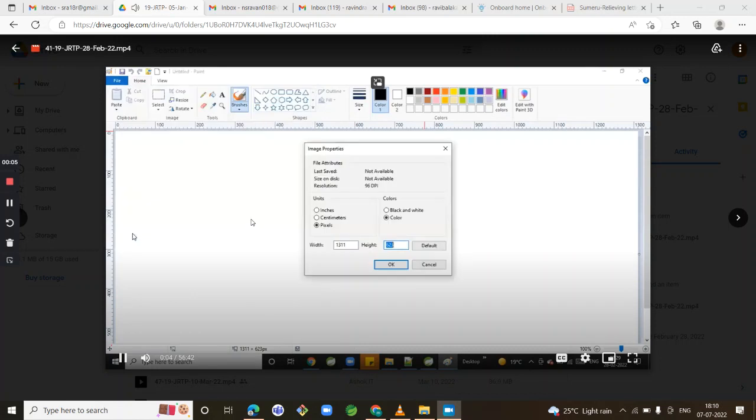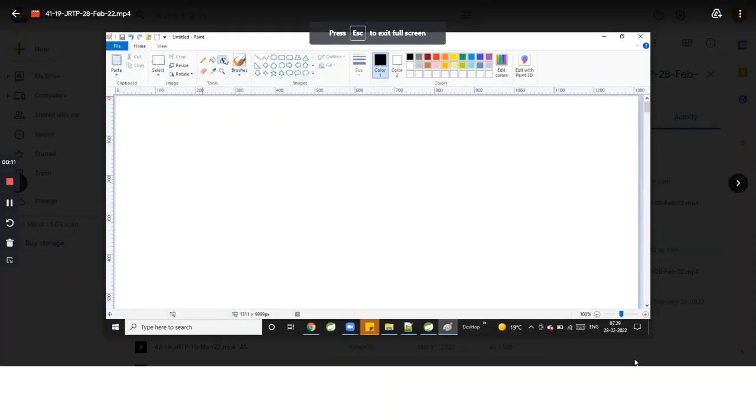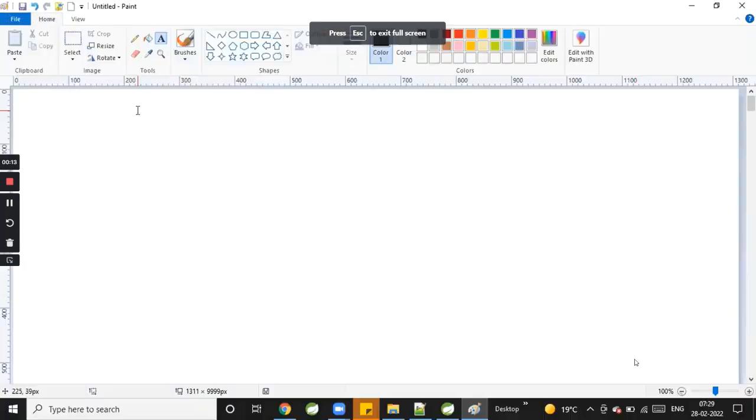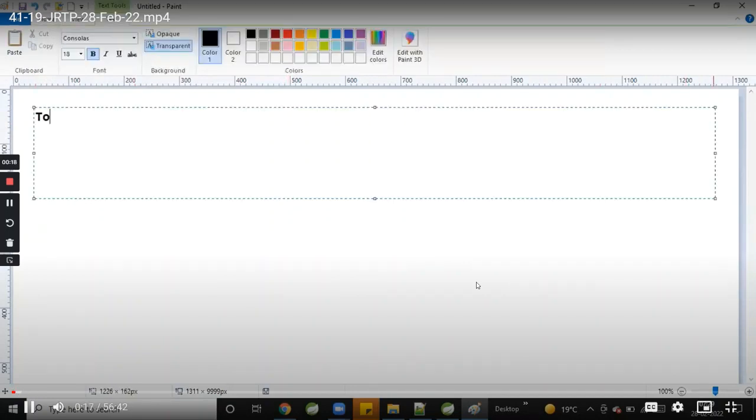Good morning, everyone. In the last session, we have seen how to work with EC2 instances and how to work with Linux commands also. Today's session, I'm going to talk about